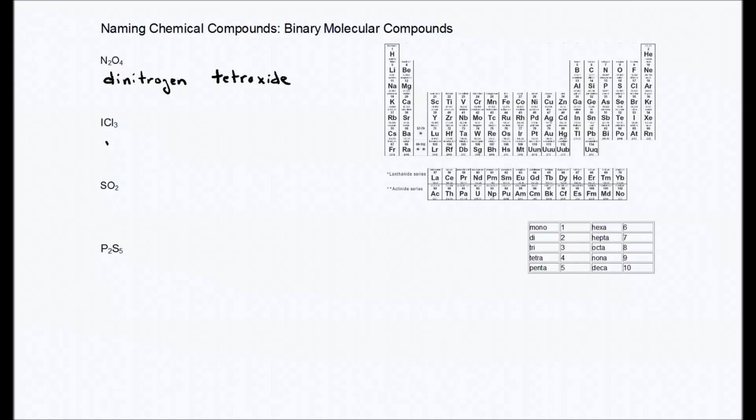Now, you would think to put mono on this because there's only one of them, but the rule is if you have only one of the first element, you leave the mono off, but only of the first element. So I have one of the first element, I leave the mono off, so this is iodine. Because there's 3 chlorines,